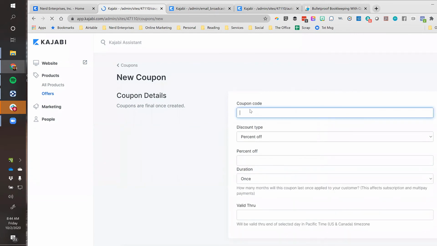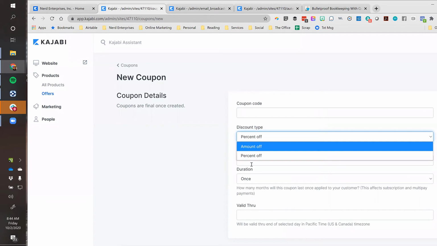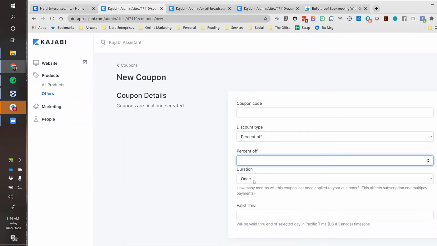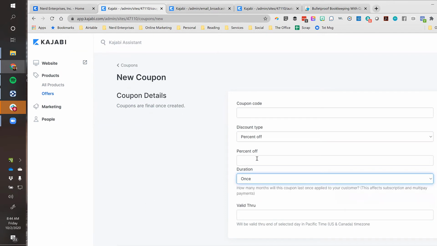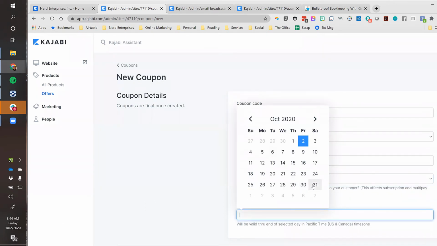And the code itself will be the code that people use, and that's what I name it. And then I can do it as an amount off or a percent off, right? The duration, I can do it once, multi-month, or forever. And I can set an expiration here and say this is good through